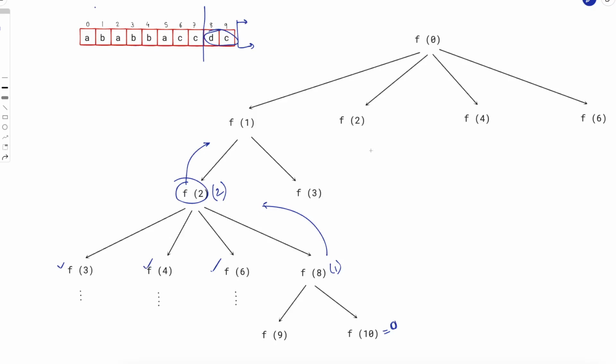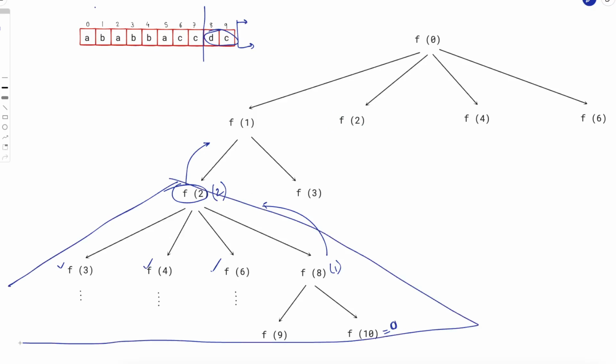Now one thing to note here is there is a very high probability of computing the same state again and again. Why? Because you can see that you wanted f of 2 here, you again wanted f of 2 here, and we already see that the tree for f of 2 would be very huge, right? So if you are expanding this tree here, you may not want to expand this f of 2 again here,